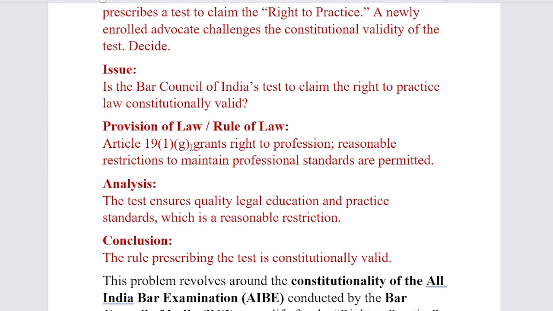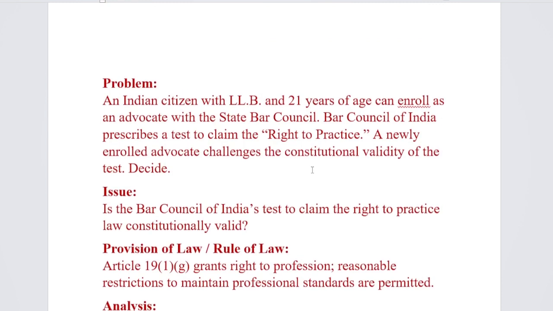So, under Article 19(1)(g), a person has the right to practice any profession, occupation, or avocation. At the same time, there will be some limitations, that is, reasonable restrictions, which are imposed in order to maintain professional standards. Likewise here also, under the Advocates Act, what has been done in order to maintain the unity and dignity